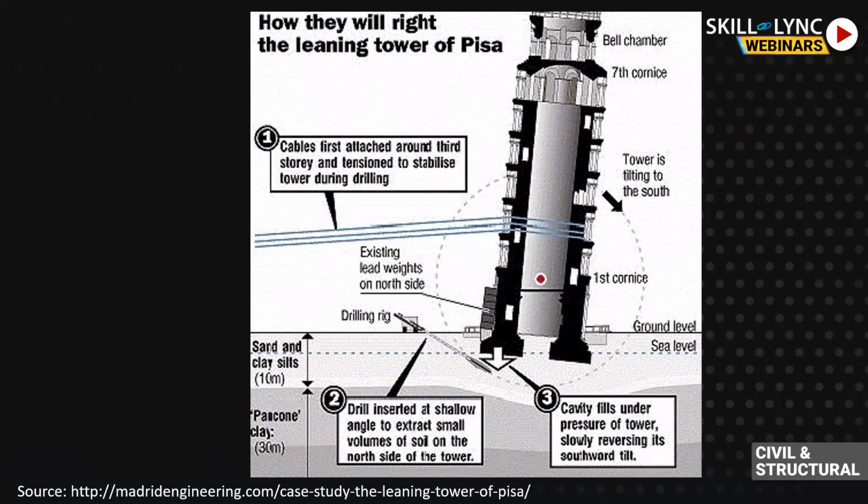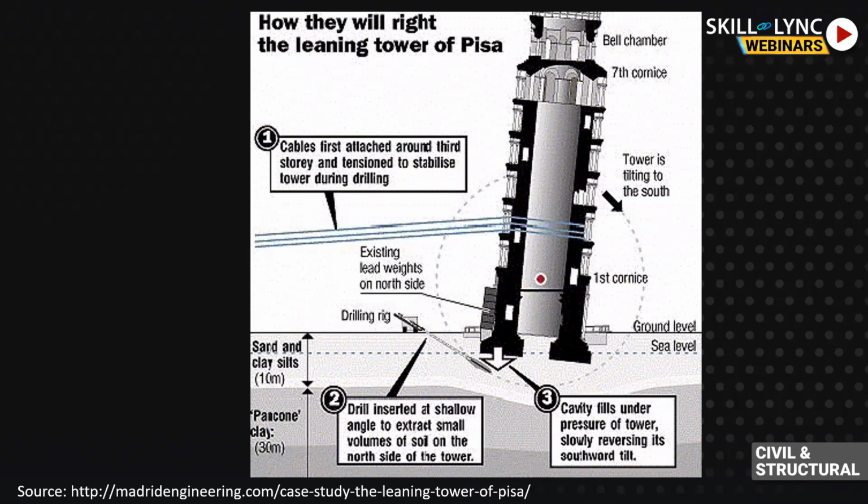Many numerical analyses were done. Softwares were used, and many trials on the softwares were done. Extensive research was done on what could be done and what would happen if soil extraction was done. And finally, it was fixed that soil extraction would be done. So rather than directly going ahead with the main soil extraction, it was decided to conduct a preliminary soil extraction, very slowly. In the preliminary soil extraction, 12 boreholes were planned to be dug below the northern side.